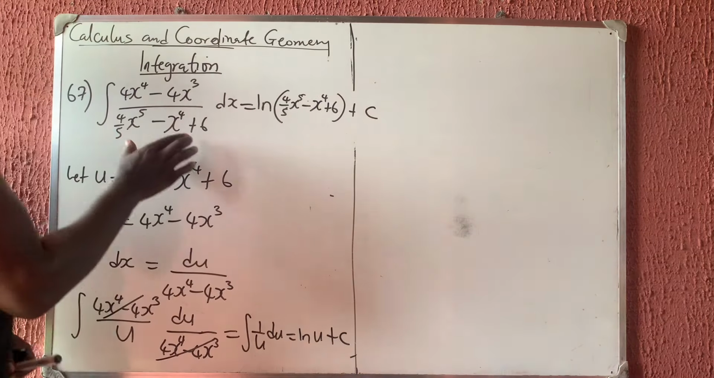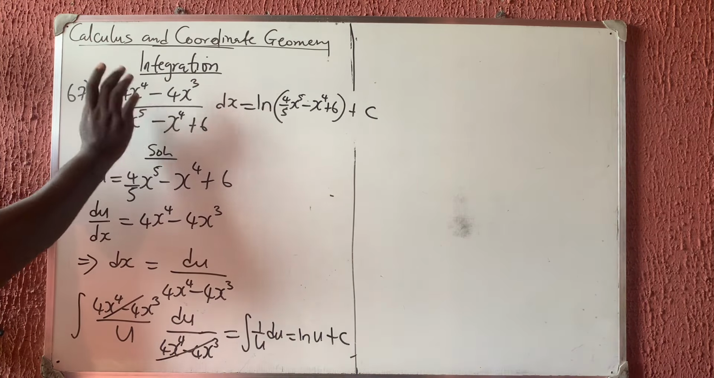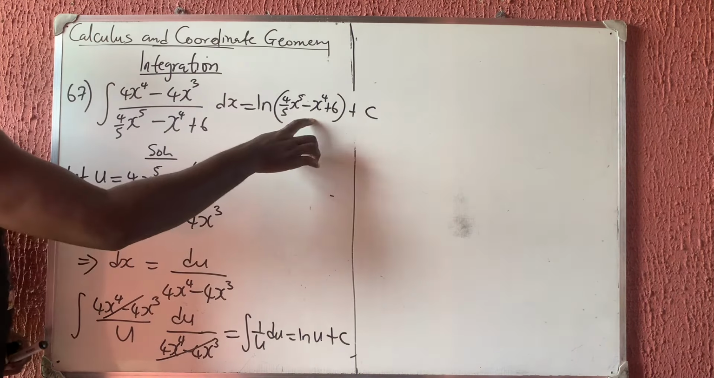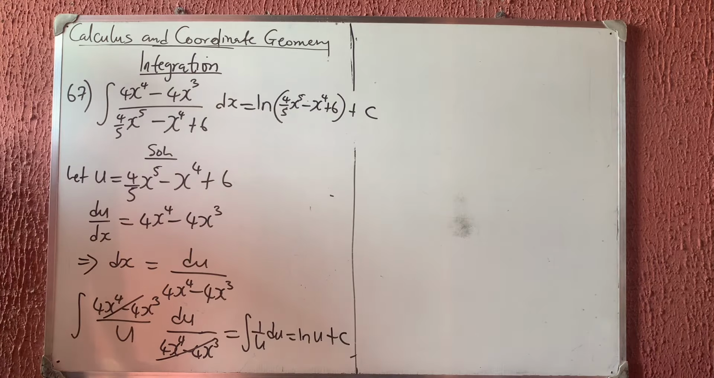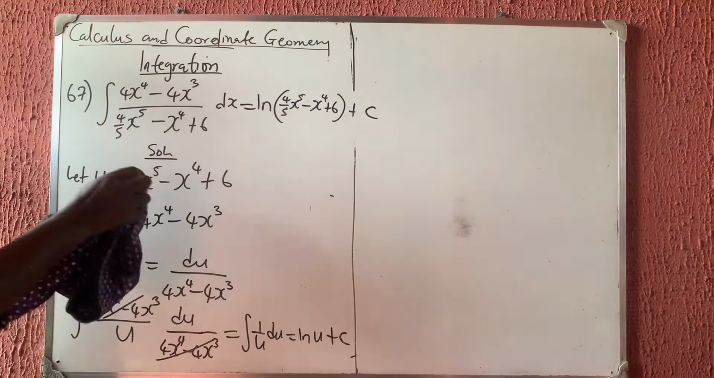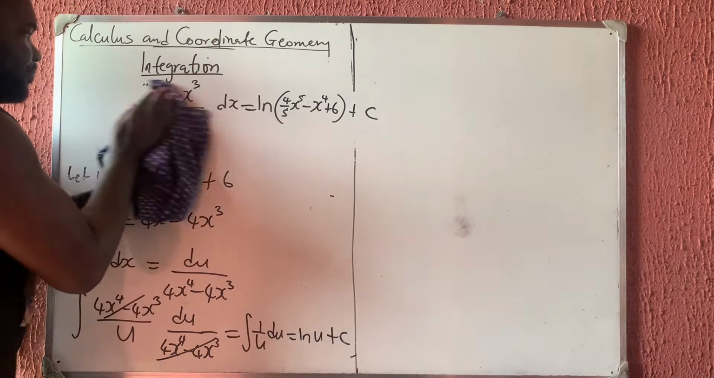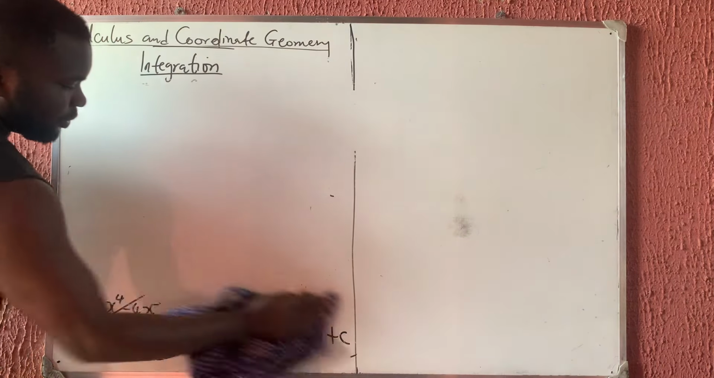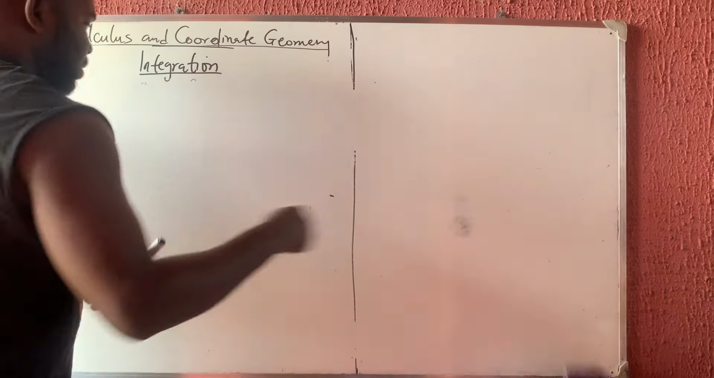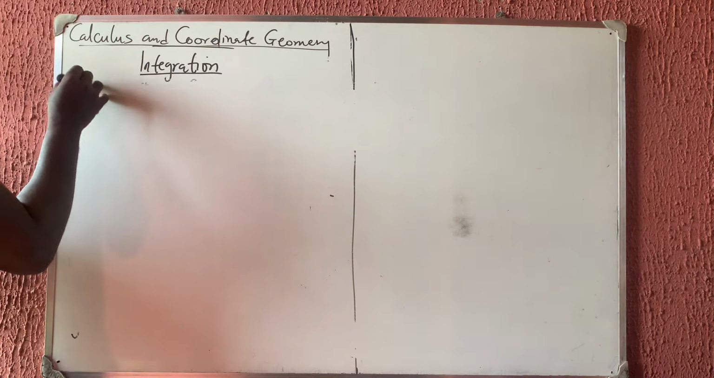So, if you differentiate the denominator and you are getting the numerator, your answer is simply ln of that denominator plus a constant. All right? So, we'll go to the next question. Question number 77 for integration. Question number 77 for integration said that